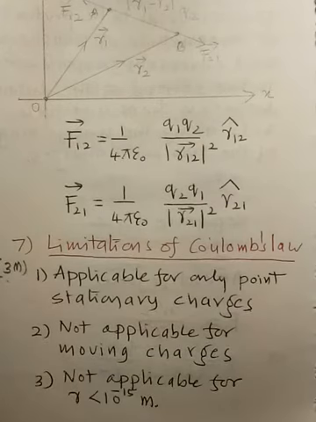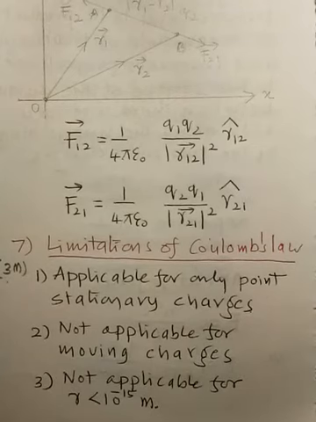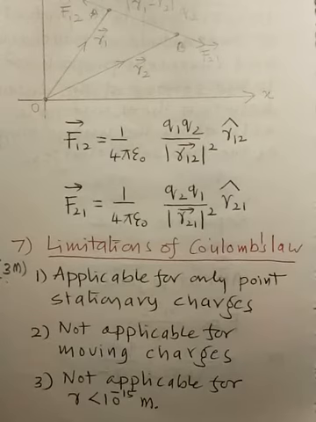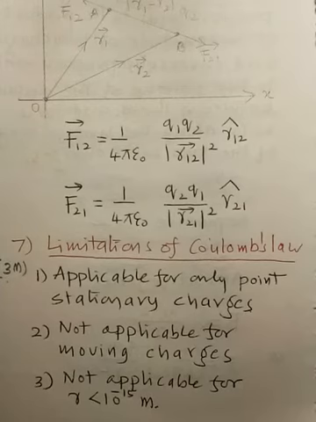The third point is that Coulomb's law becomes less effective when the distance between the two charges is less than 10 to the power minus 15 meter. Generally, in the nucleus of an atom, proton and proton are so close that the distance between them is of the order of 10 to the power minus 15. In such cases, there must be a huge electrostatic repulsive force. Those two positive charges must not exist together, but in the nucleus they are existing.